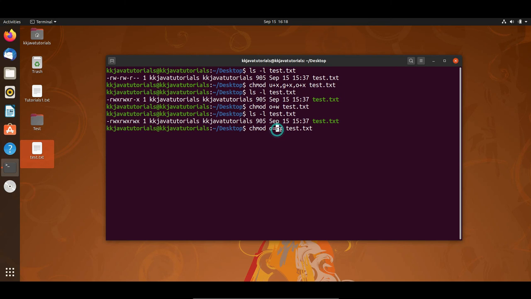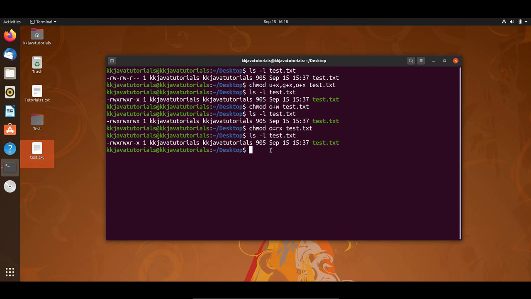When I assign this permission, currently user has read, write, and execute. Then write permission is going to override, right? So now if I run this command and if you do ls minus L, then here you can see now user has read and execute permission but doesn't have write permission. So when you use equal to sign, then all the existing permission is going to override whatever you are assigning with this equal to sign. I hope you understood, right?